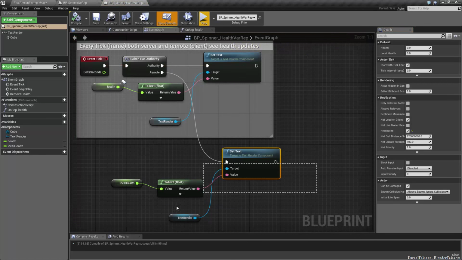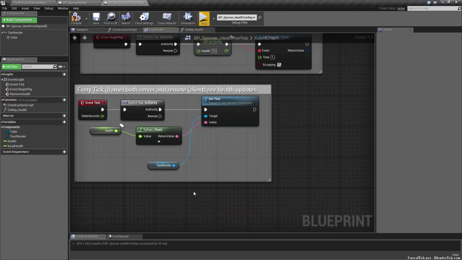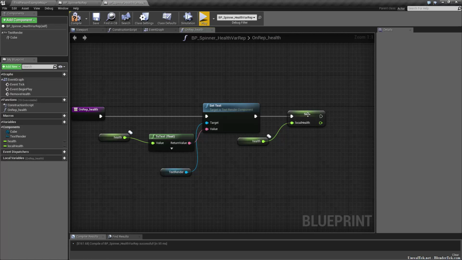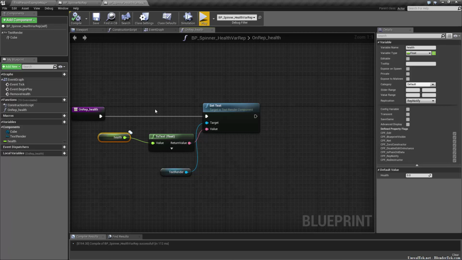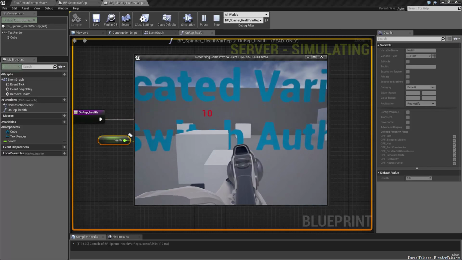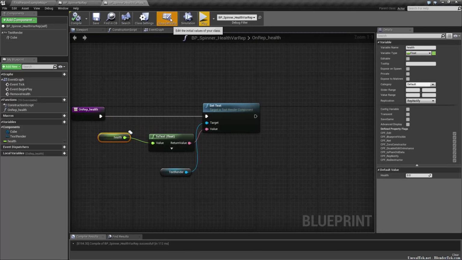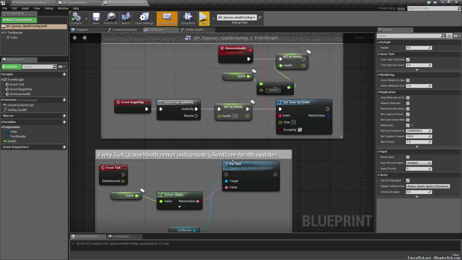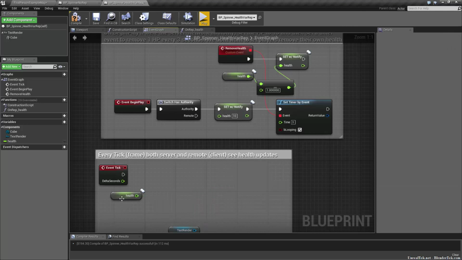And so now that this replicates, since on set with notify, we're setting the health and then we're calling this function, we don't need to set the local health. We don't need local health. We're getting the replicated variable. This actor now replicates and it has the replicated variable. So now the client sees the health go down, by making sure that your class replicates, and in this instance using a repnotify